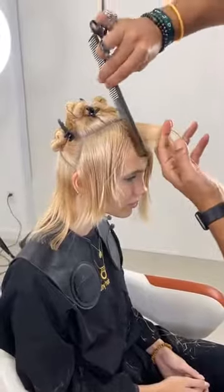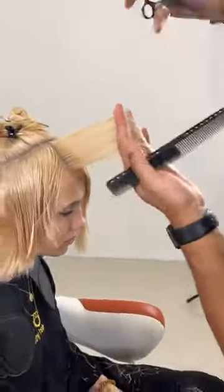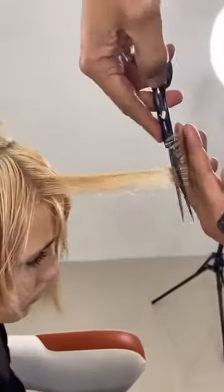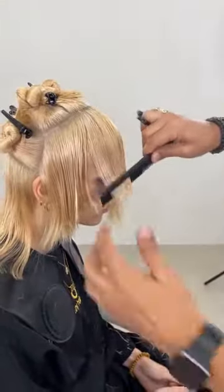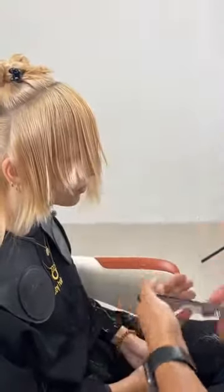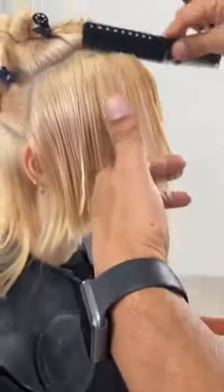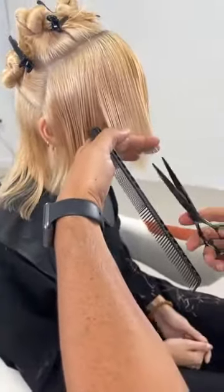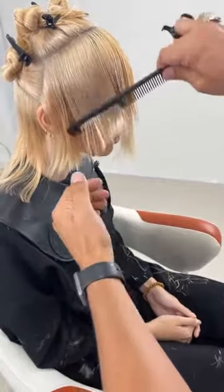Last section on this side. Everything up and out. There we are. Cool. Okay, I'm just going to comb that through, and you can see how there's a slight disconnect with the corner and the fringe. And I'm going to address that. I would rather address that when it's completely done. But all I'm going to do is just visually connect that through